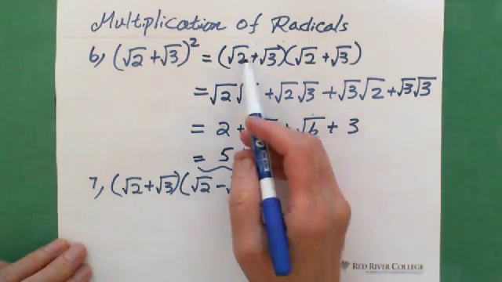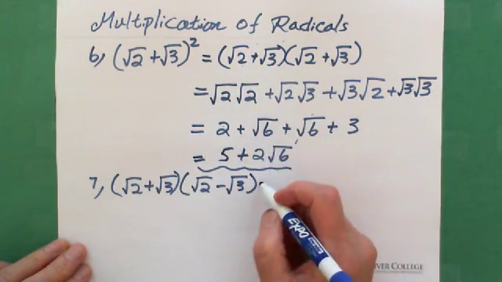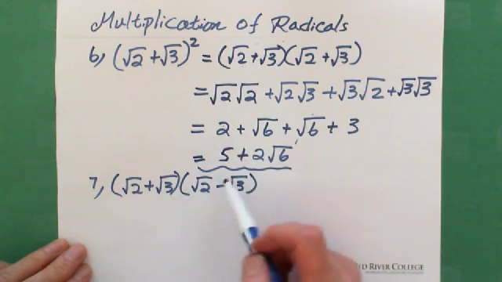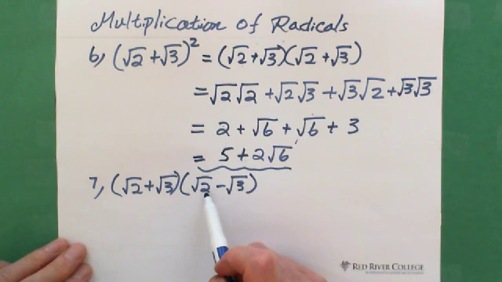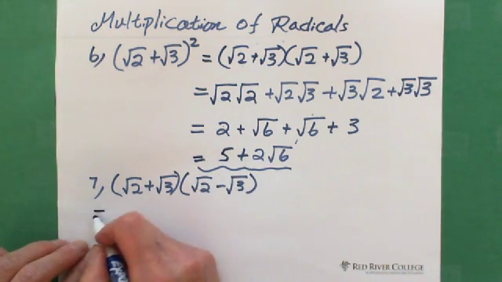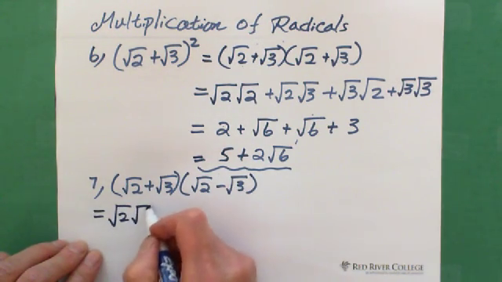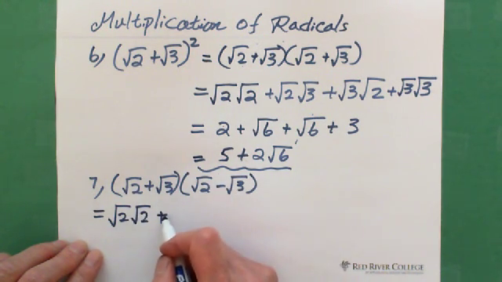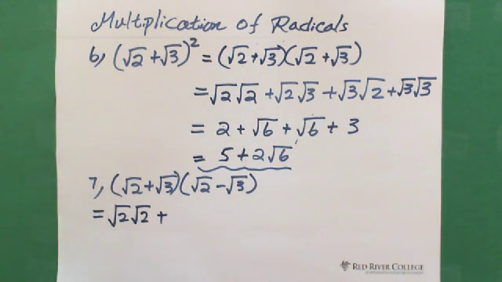If you follow exactly the same way, you can see at this step, you will get a negative. I'll show you here. Root 2 times root 2, plus this one times this one, which is minus, should be minus. It's not plus, it's minus,